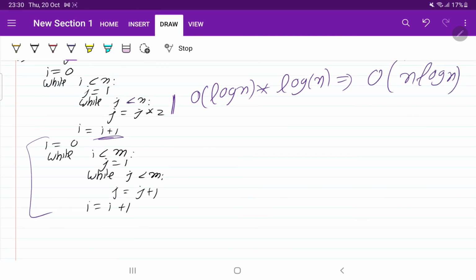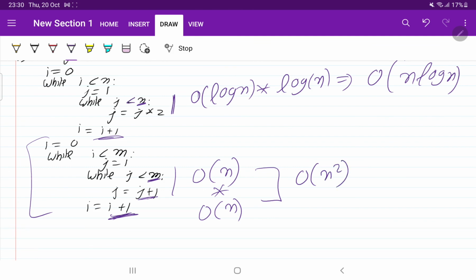In the other loop they are saying to add, but here it is m, whereas the variable before was n, so the time complexity will be order of m. And in the outer loop also they are doing some addition, so multiply, order of m, so what will be the time complexity? Order of m square. But if they ask you to tell the time complexity of the entire function, you cannot say that it is order of, sorry, here it is m.